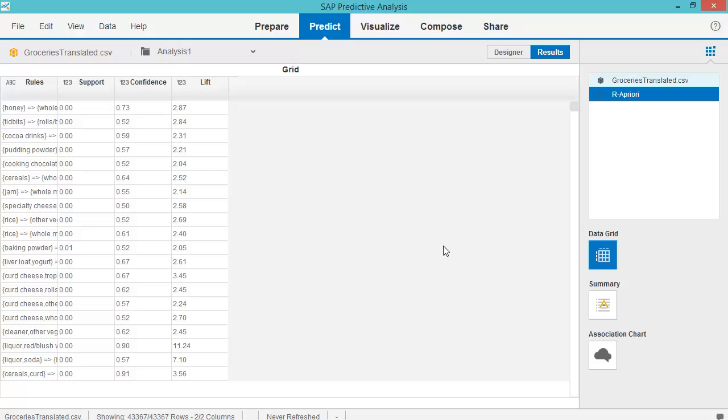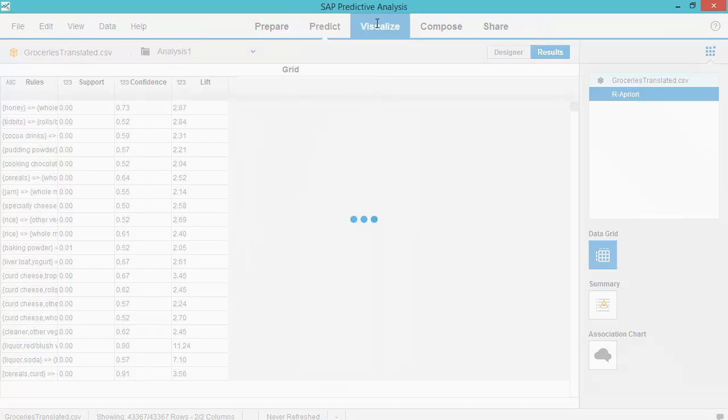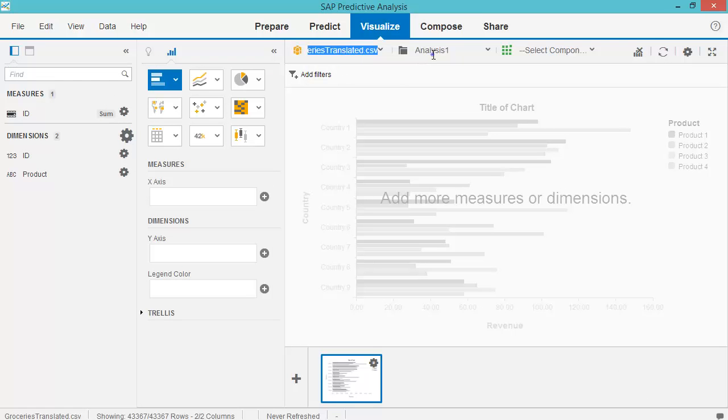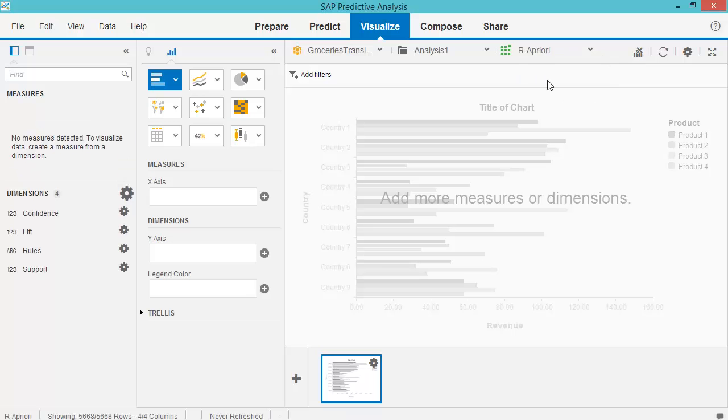Okay, so it's done. And now we're going to go to visualize. There we check cursors translated, analysis 1 is what our analysis is called, and we will select the a priori. Now on dimensions, we have confidence, lift, and support as numeric values and rules.